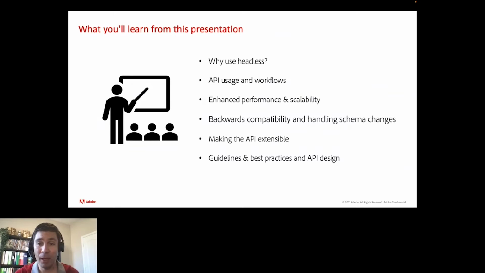Backwards compatibility and handling schema changes for your integration. That's another topic that I want to go to.